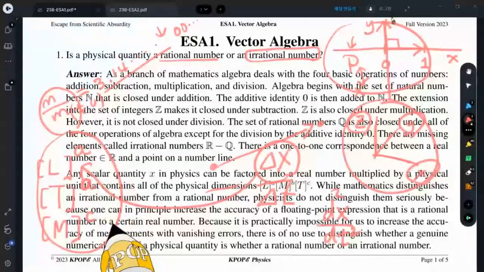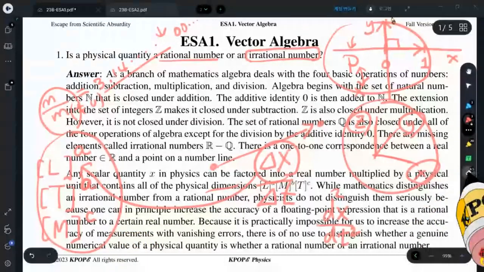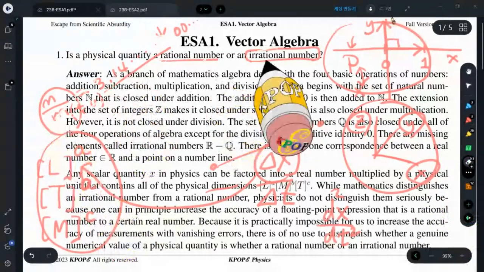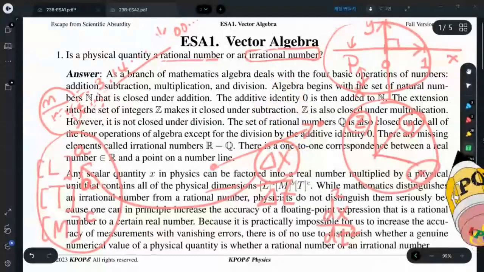The existence of dimension makes it more complicated than usual mathematical problem, because first of all, we can think about an algebra. Algebra is the, for example,